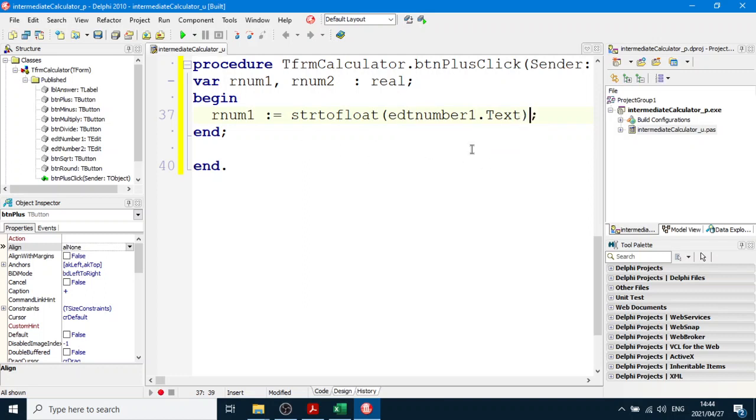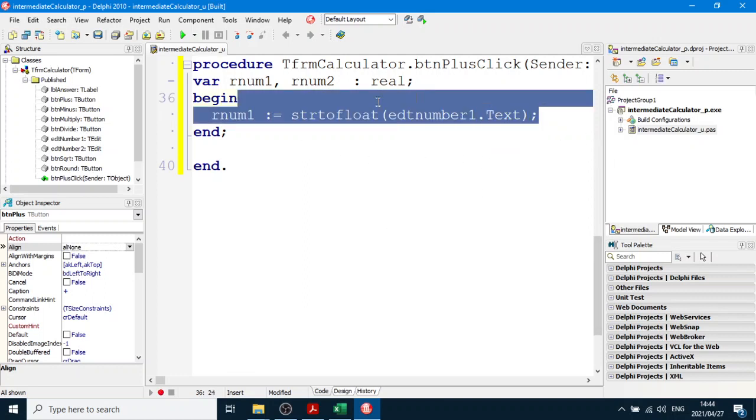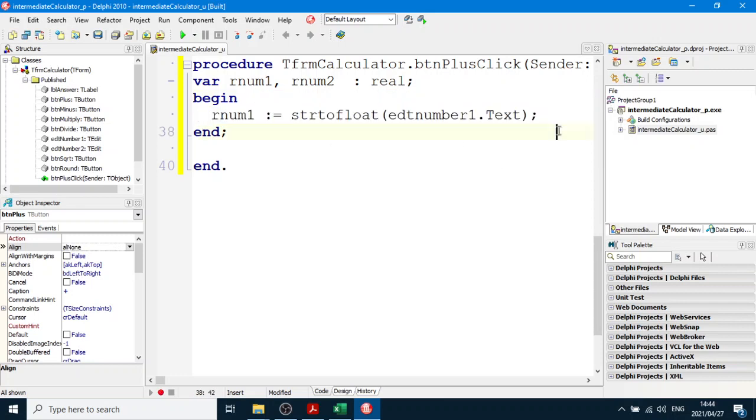Okay, and guess what I'm going to copy and paste? Copy and paste is your friend, guys. You're allowed to copy and paste in programming. In fact, it'll save you loads of time typing. You see how quick that was. And I'll just change the numbers. EDT number 2.text, and we are adding the two numbers up. We can make a variable for it, I suppose. Okay, fine. Our answer